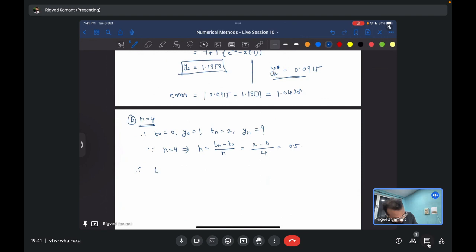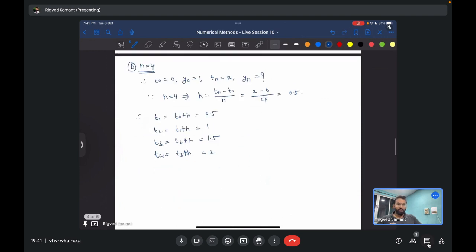Therefore t0 you already have. T1 would be t0 plus h, that is 0.5. T2 would be t1 plus h, that is 1. T3 would be t2 plus h, that is 1.5. T4 would be t3 plus h, that is 2. Okay, so therefore